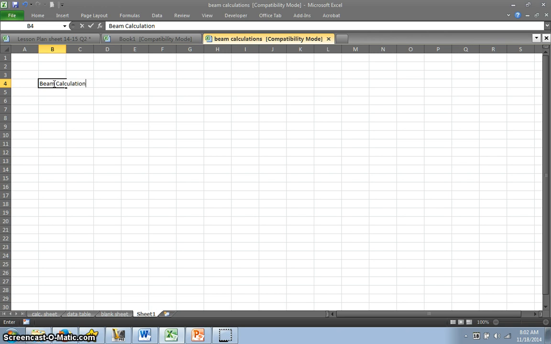Beam calculations. Then we've got down here somewhere, it doesn't matter exactly where it is. Moment of inertia, base, height, cross-section, area, and so on. Now, things you can do with this, you can come up here at the top